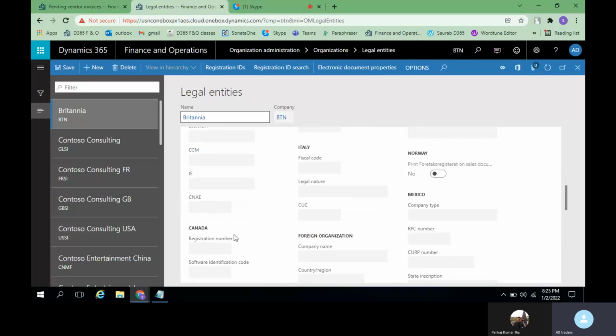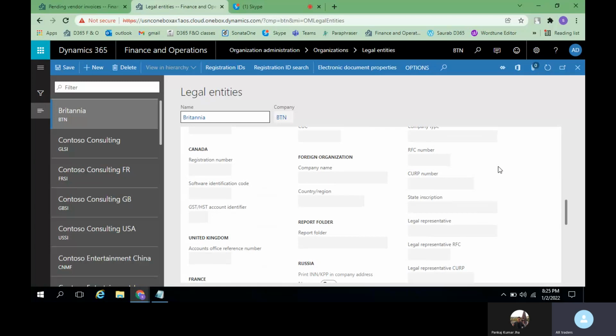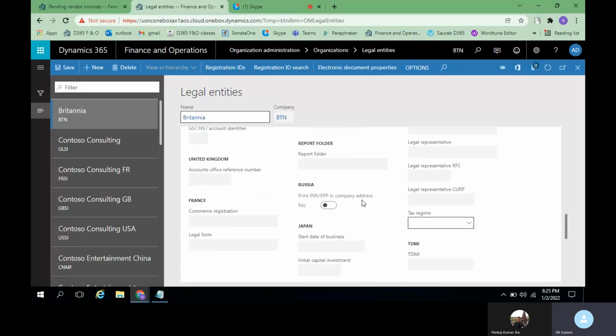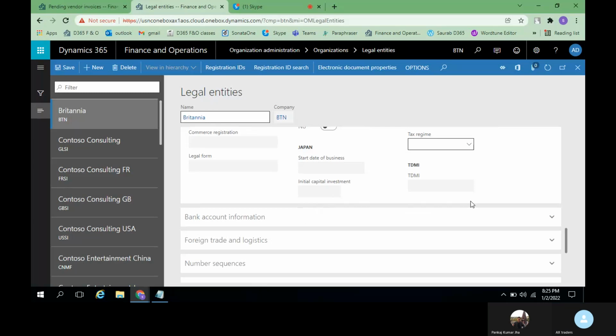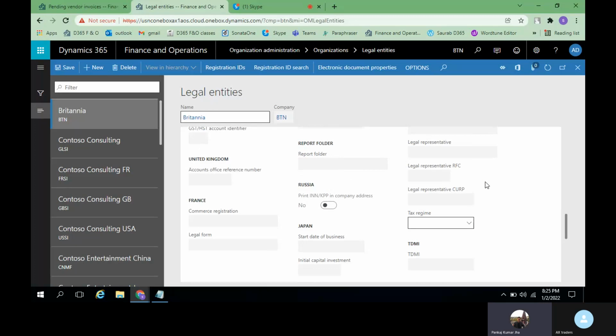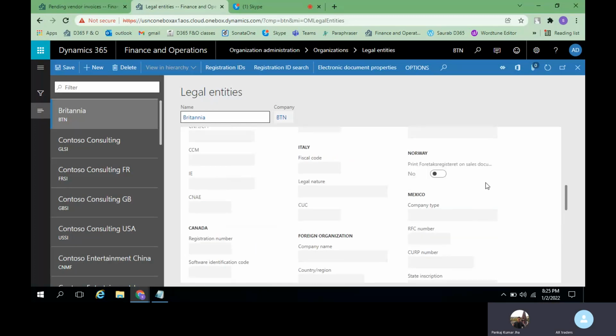So if you select that particular country while creating the address, then these details will be enabled for you. Once you work for these countries, then you will understand.